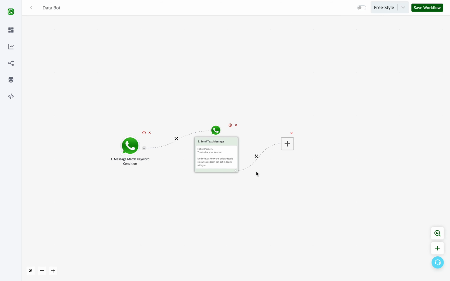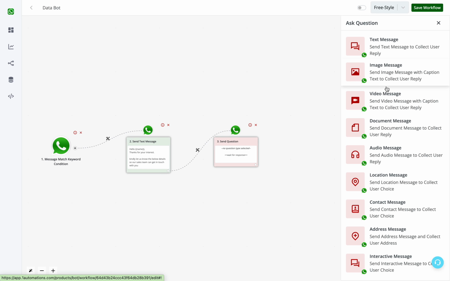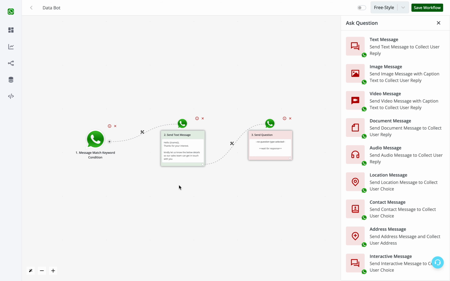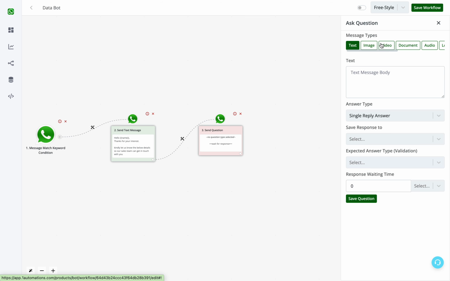Now in the next step, I'll select the option of ask a question. Now you need to understand this whenever you are using a send message block, the bot won't wait here for any kind of reply. It will send this message, and then it will immediately go to the next step. Now the very first thing that I want to ask is, kindly let us know your city. So I'm using this text message block,